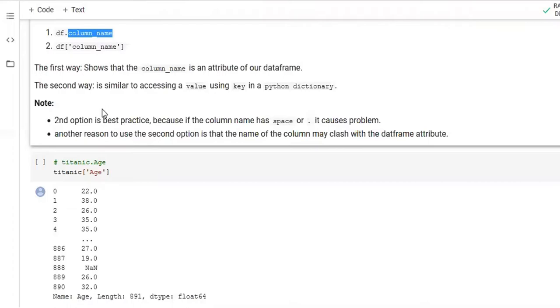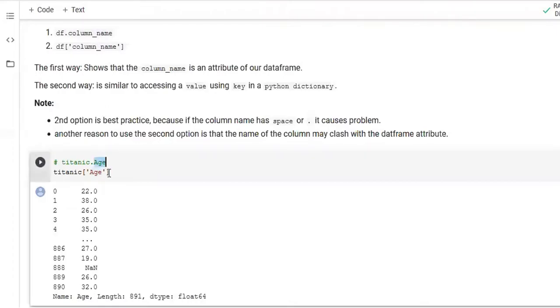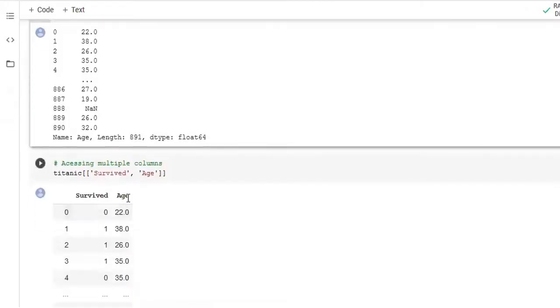For example, dot shape. If the column name is shape, then Titanic dot shape is going to cause us a problem. Python is going to be confused. Should I show the shape, or should I call the column named shape? So to avoid the confusion, mostly just try to follow this nomenclature.